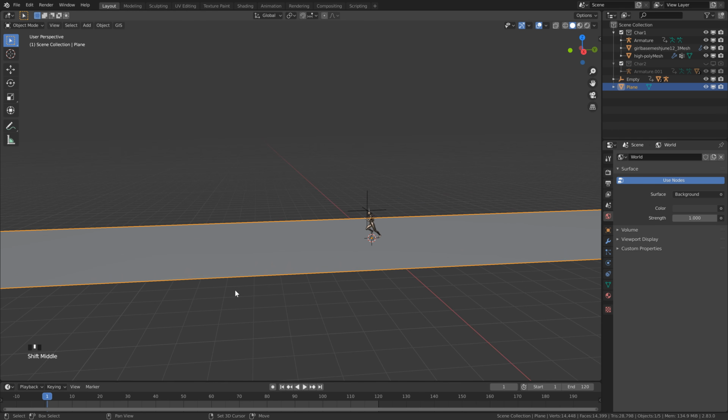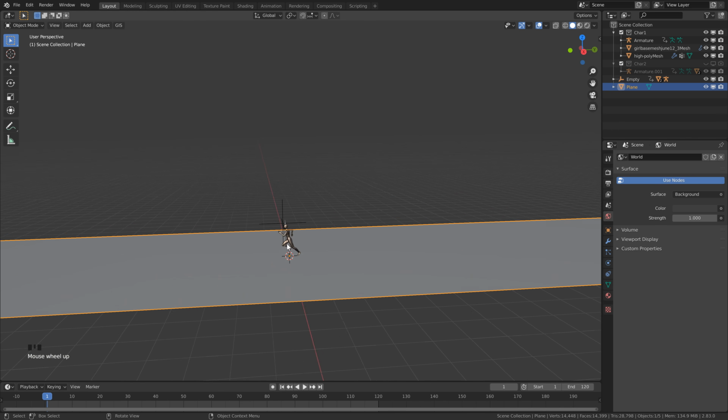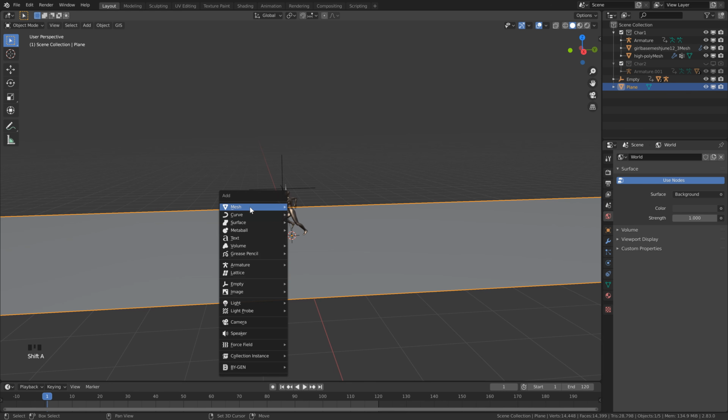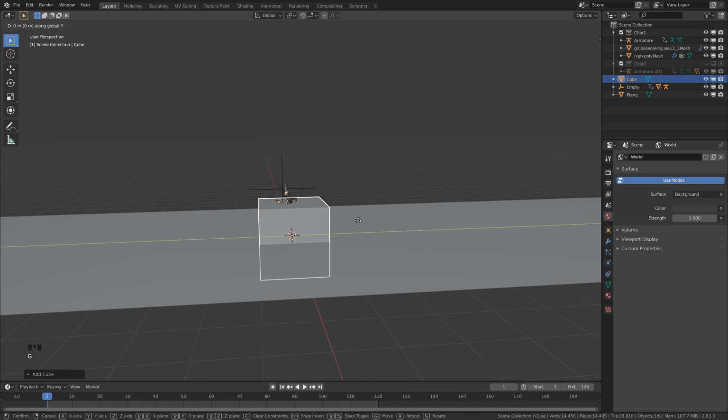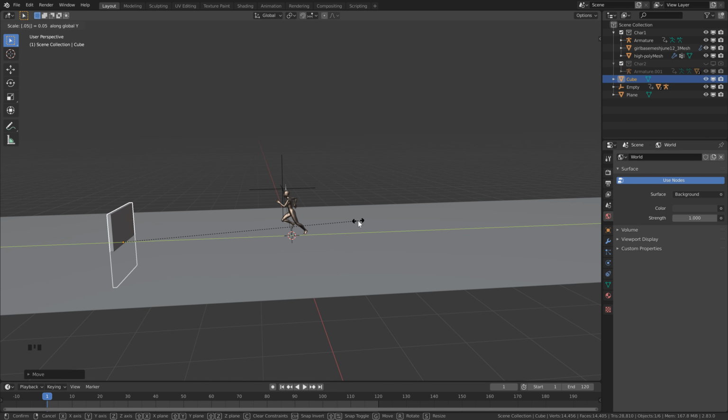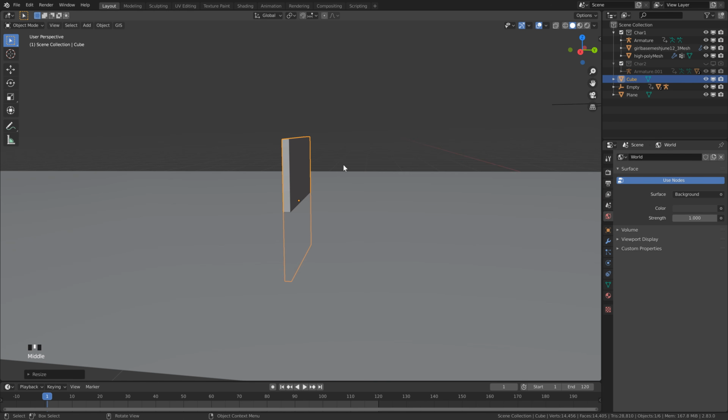Alright, so we can go back to frame 1 here and just hold shift and click and drag just to move back here. And then come back to the center here. We're going to hit Shift A, we'll go to mesh again and click cube. Then we can hit G to move, Y to lock to that axis, and hit -5. Next, let's scale it, so hit S, 0.05, and then you can hit Y to scale just on the Y-axis, and then we can click or hit enter, and then hit the decimal key to center it,